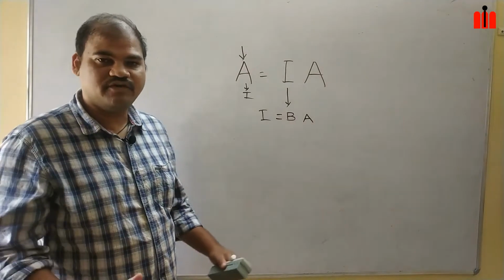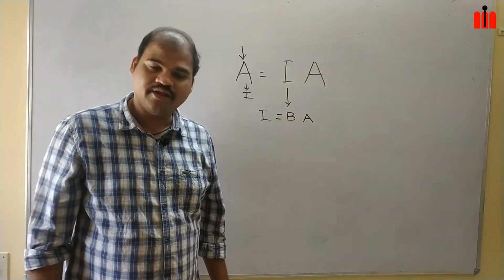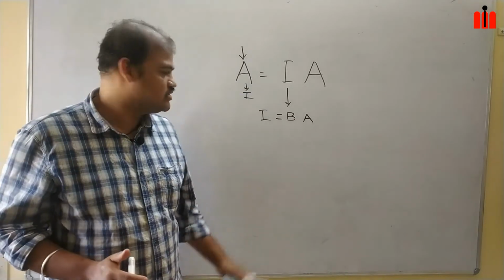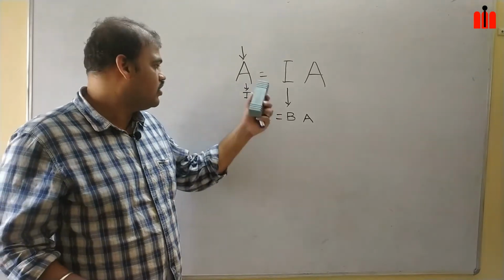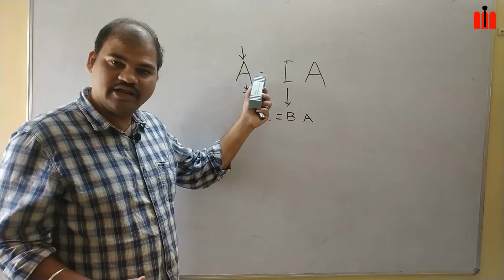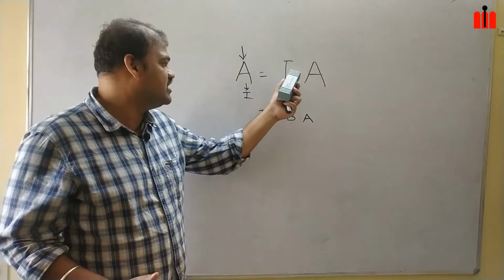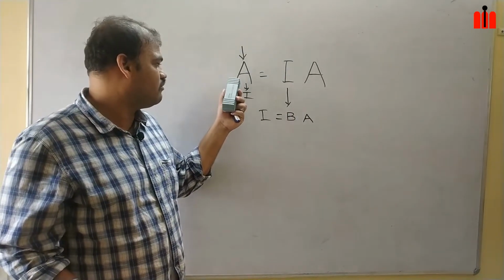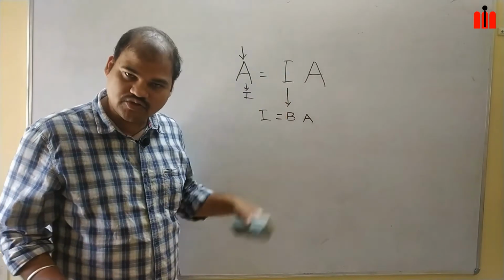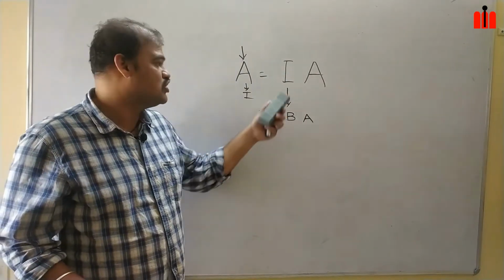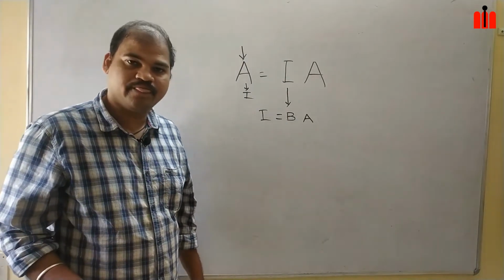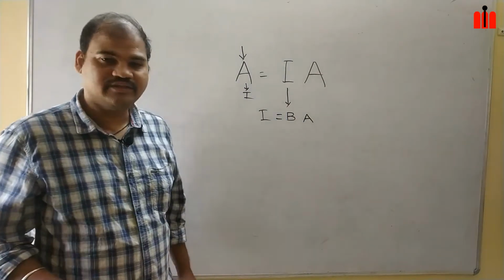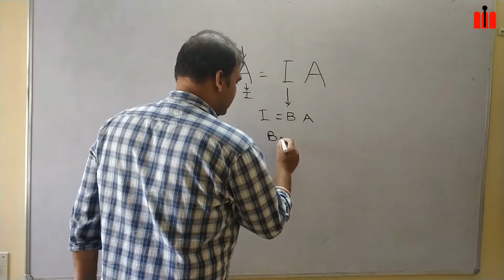Are you getting it? What we will do? We will take matrix A, and we will perform the elementary operations such that we arrive at the identity matrix. During the elementary operations from A to I, it will change the I matrix to the B matrix. Because you are performing elementary operations on A, you have to perform them on I also. So this I will be changed to B. Once I is changed to B, here it will be A, so B into A is I. That means B is A inverse.